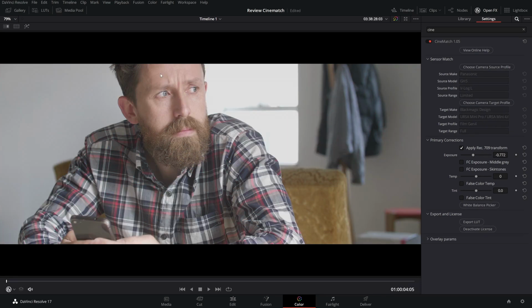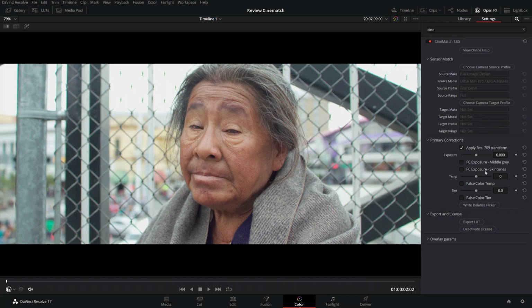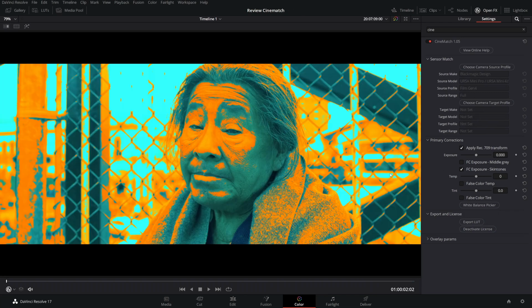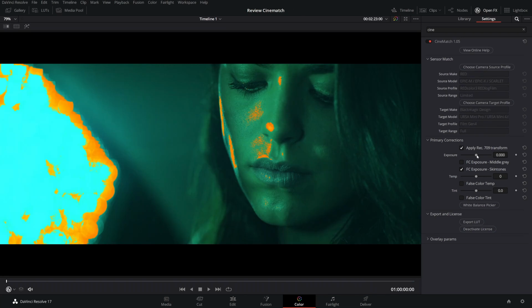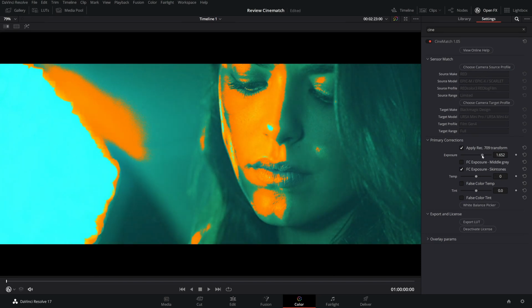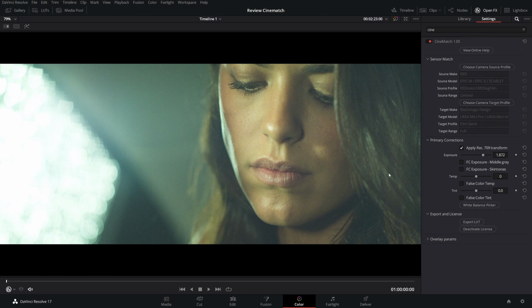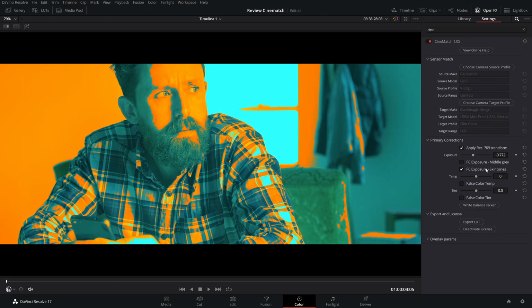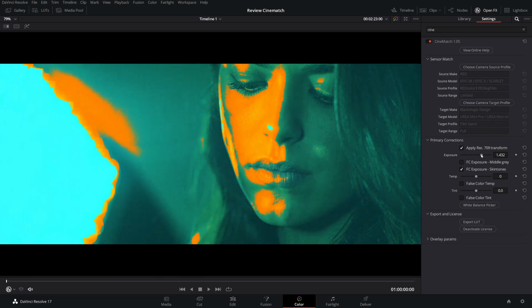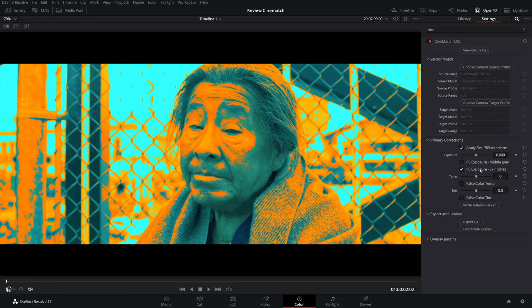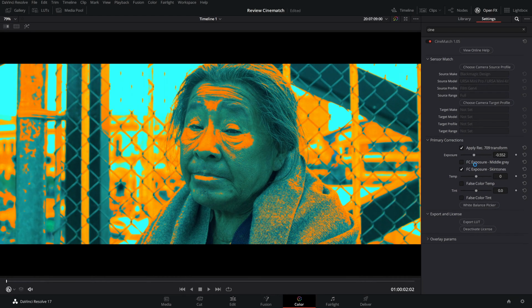This guy has very white skin, so the exposure is a little different. But I think here we are fine, and this one we're gonna bring up. And see the exposure. Maybe this one is too high, so I'm gonna try differently. I'm gonna bring this down again and bring the other ones down a little.